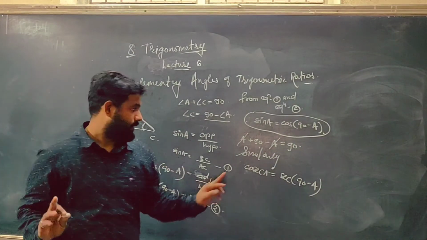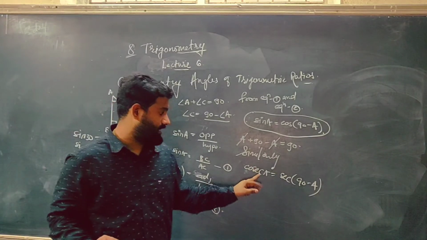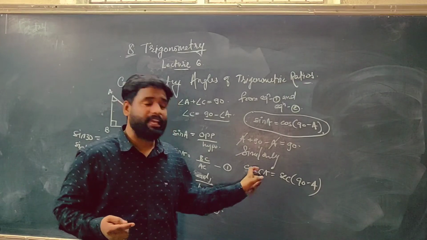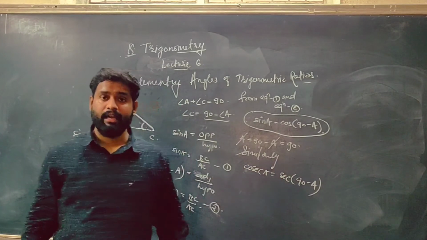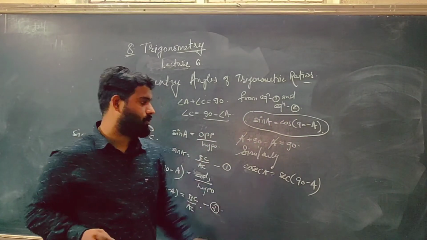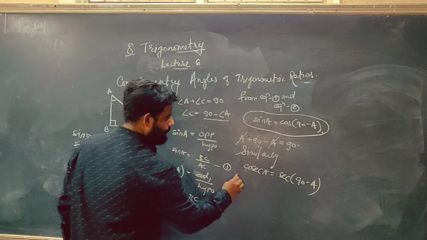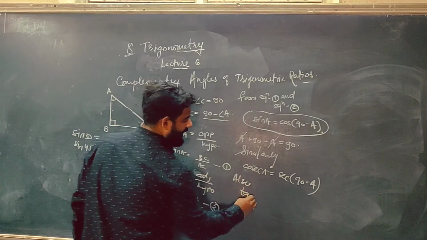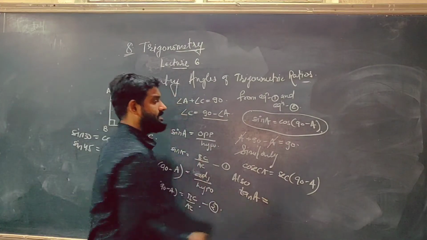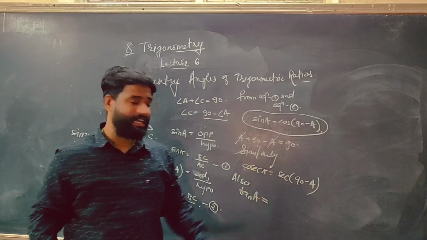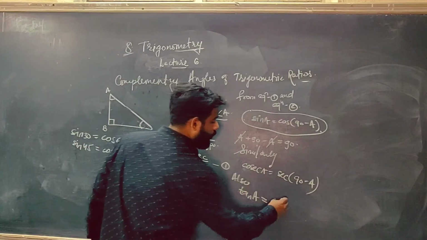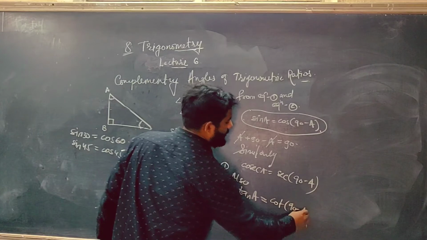That is what I am saying. The value of a trigonometric function at an angle will be the same as that of its complementary pair at the complementary angle. So sine A is equal to cos 90 minus A, cosec A is equal to sec 90 minus A. Also tan A, the only remaining pair. If we have talked about sine and cos, and cosec and sec, the only thing remaining here is tan and cot. So tan A is equal to cot 90 minus A.